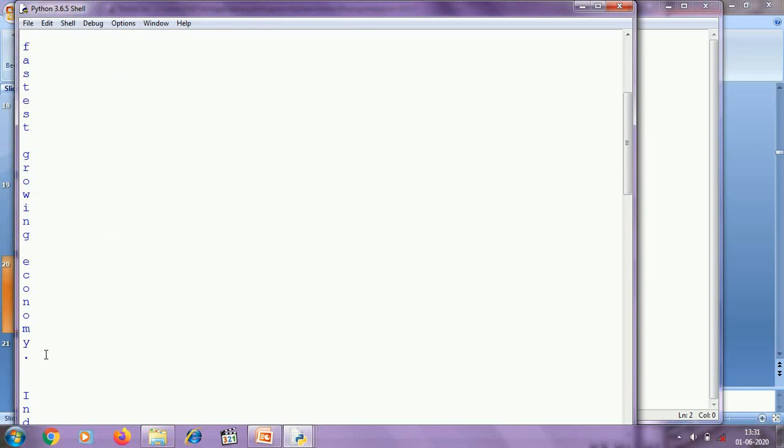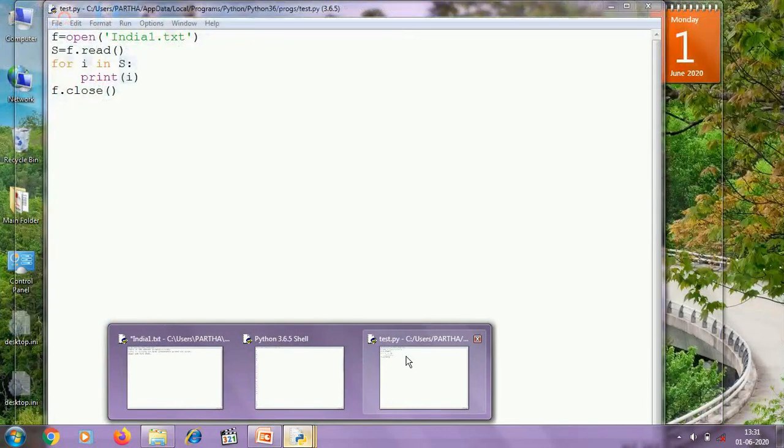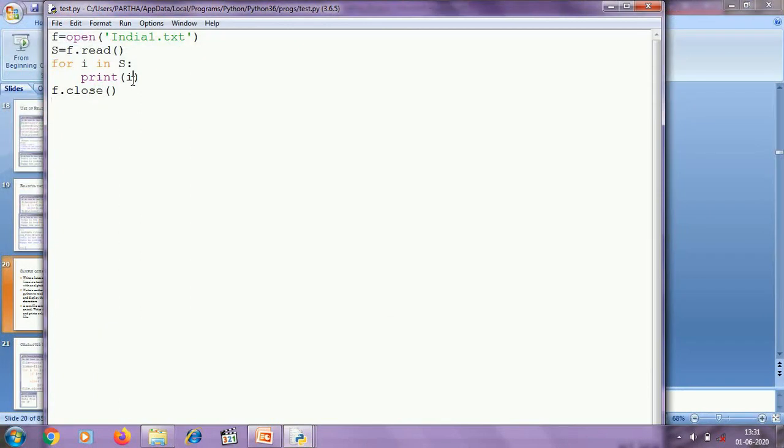Basically the first new line is the original new line that I gave, and the next new line is given by the print function. You know that after displaying the content of the variable, the print function adds a new line.